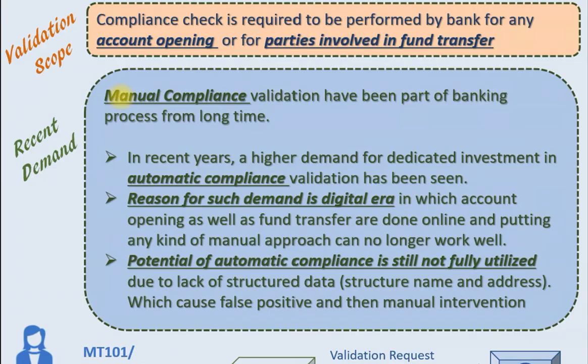Over time, the practice of manual checking needed to be eradicated because it is a digital world, and the time that the manual process takes is huge and not workable in such a fast moving world. So then the demand for automatic compliance came, and it is already happening in most cases. But the problem